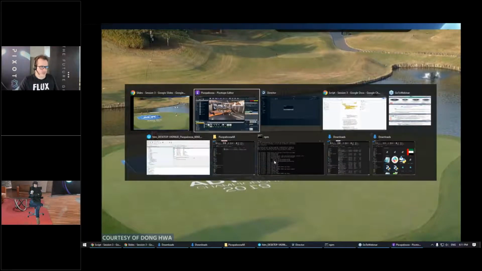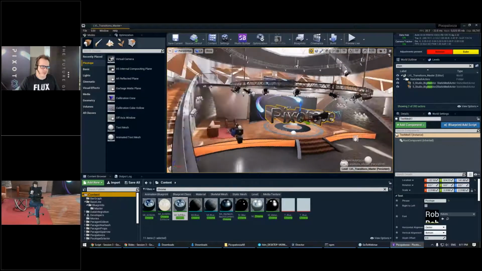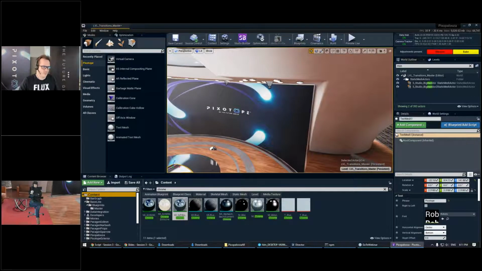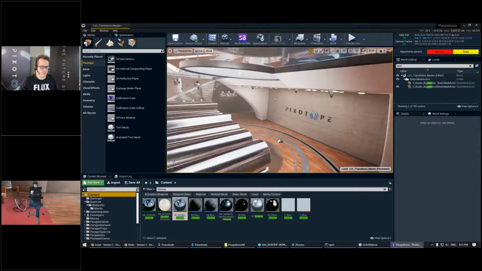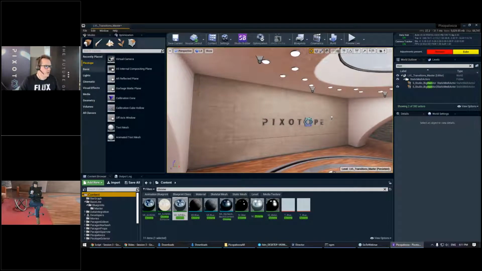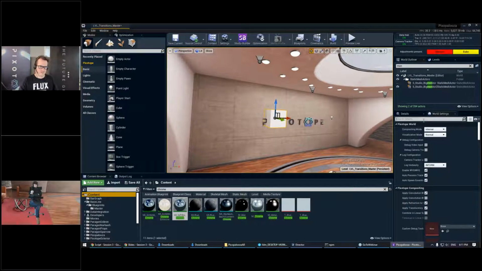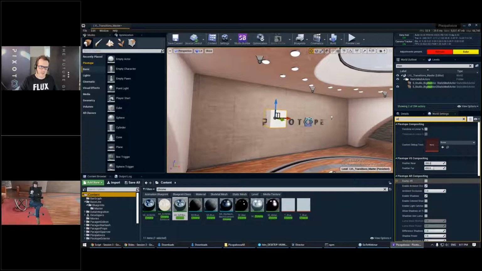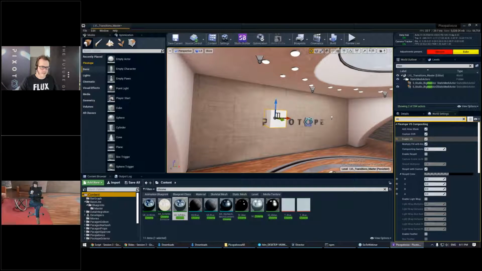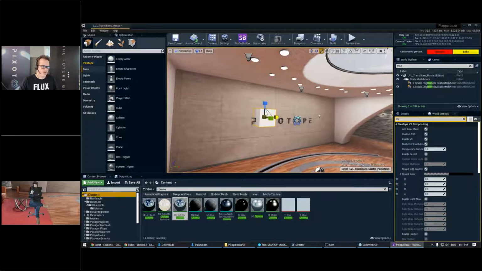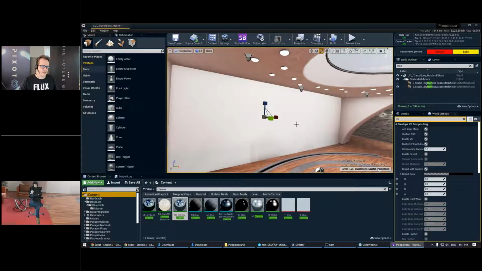So with our current studio setup right now, it's not really possible to demonstrate this in a good way, but I'll show you how you can set this up. So if I hide this monitor and just bring in a cube, for example, because we're gonna use some AR utilities to be able to do this. First of all, you just go to world settings and make sure that you enable AR. So now we have both AR and VS enabled. And if I scale this cube up now, so it covers this kind of wall back here,